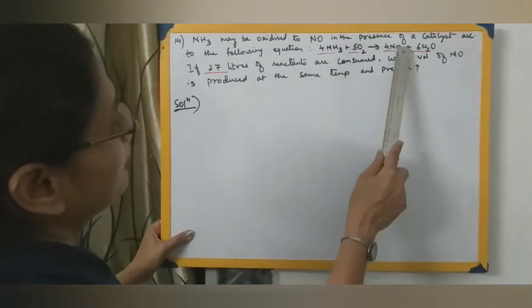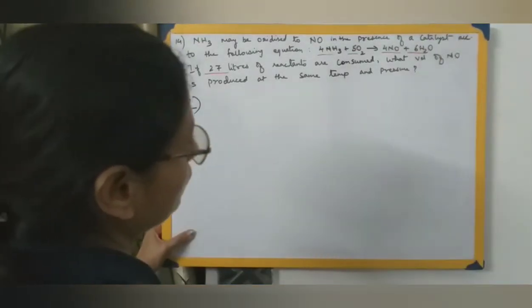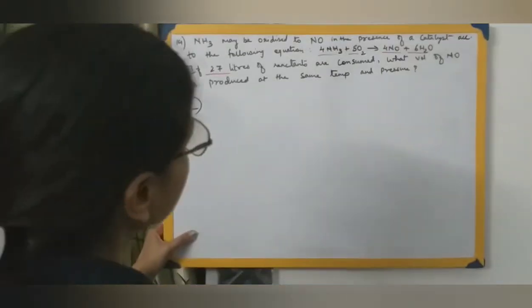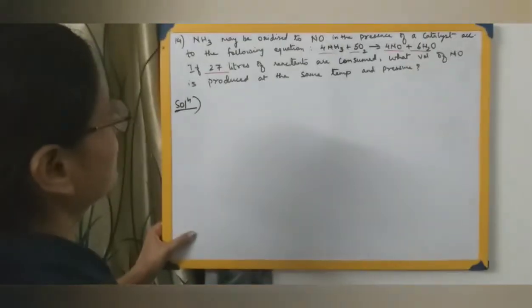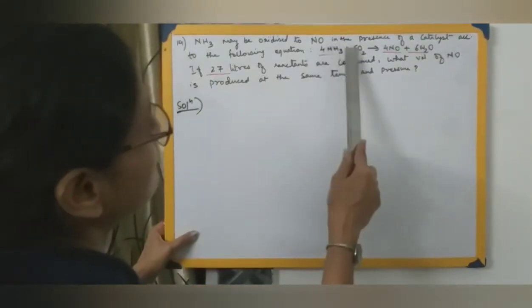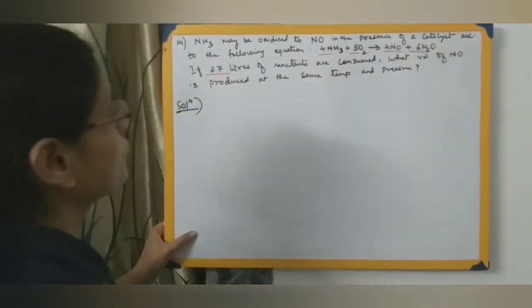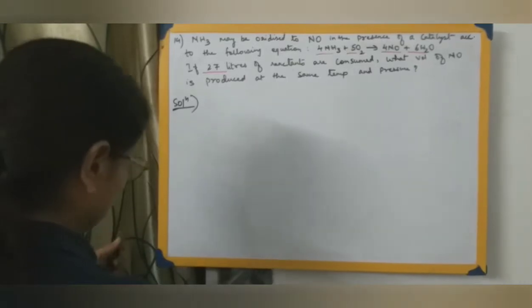Before I proceed, let me once again remind you that it's a very important equation. Either it may be asked from ammonia, or it may be asked as writing down balanced equations, or it can be asked from stoichiometry. It's so important that I don't even have to balance this equation. I remember the stoichiometric proportion of it. So very important equation. If not over here, it can be asked as a 1 mark equation.